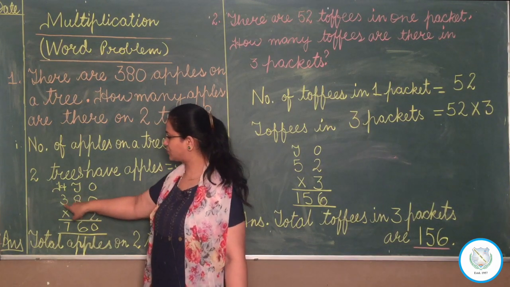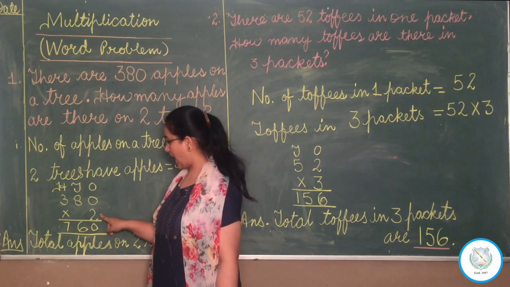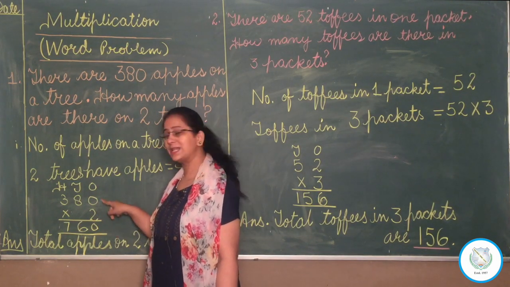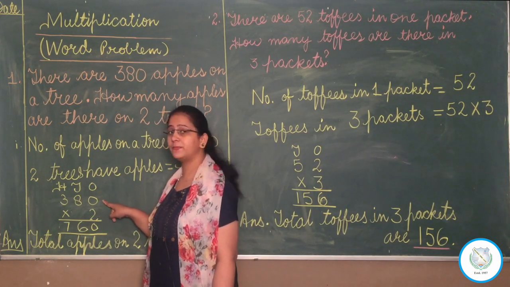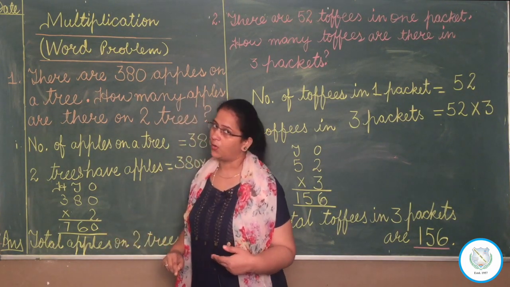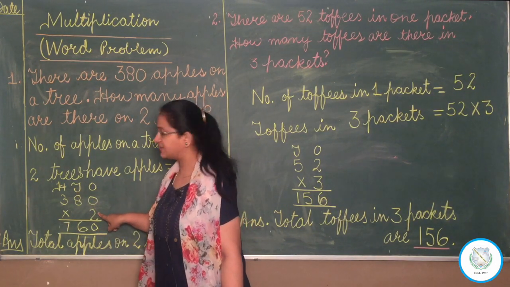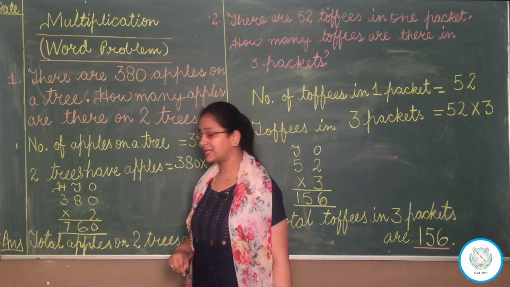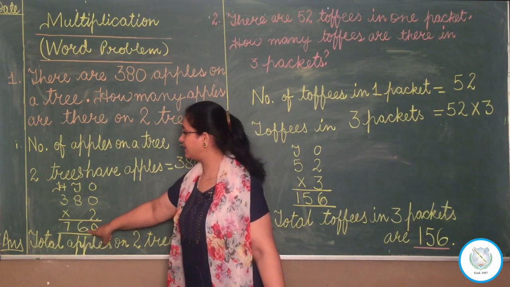Okay, so we will do vertical multiplication. See, we will write like this, 380 multiplied by 2. First we will solve the ones house. 2 multiplied by 0. Children, always remember, when the multiplicand is 0, the answer will be 0. Okay, so the 0, then we will solve the tens house. 2 8s are 16. So we will write 6 ones here and the tens will go